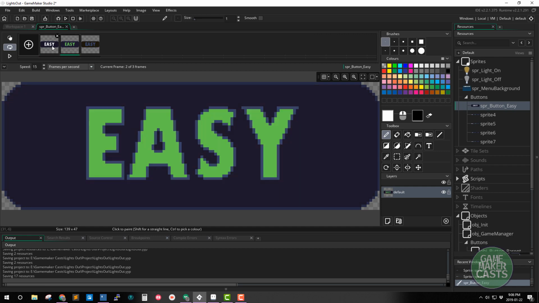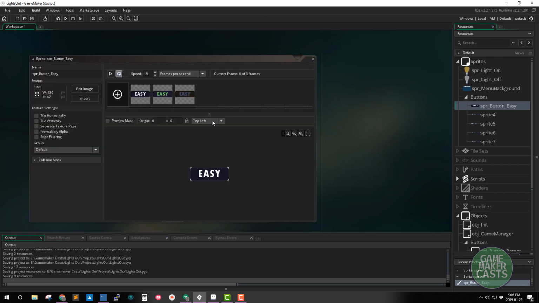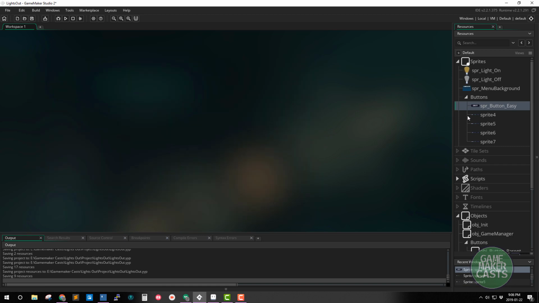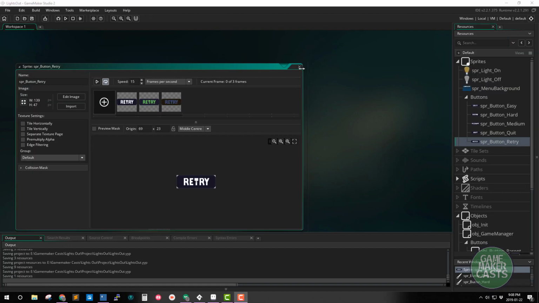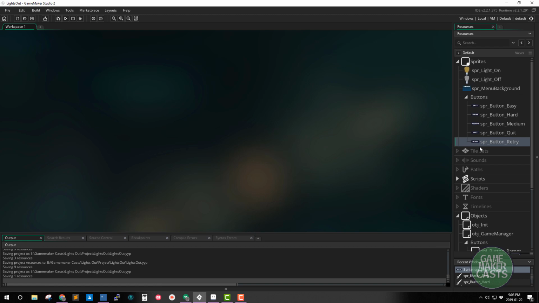You can see that now we have those different buttons. The only thing we're going to do is make sure that the middle center is on each one. So I'm going to skip ahead as I'm going to rename all my sprites, and I'm going to convert them into frames. Okay, now that I have all my buttons done, what I need to do is come down to